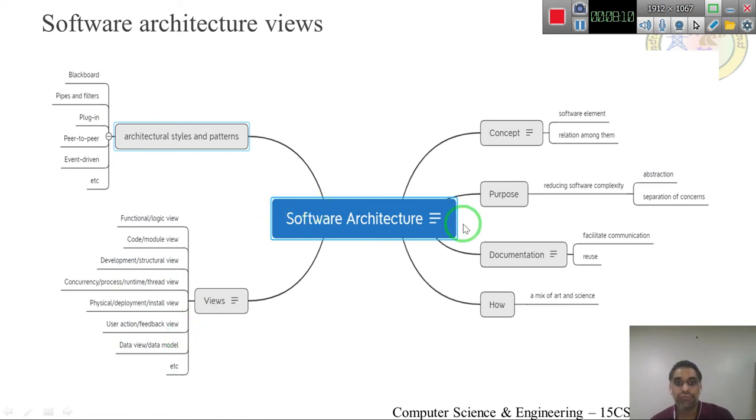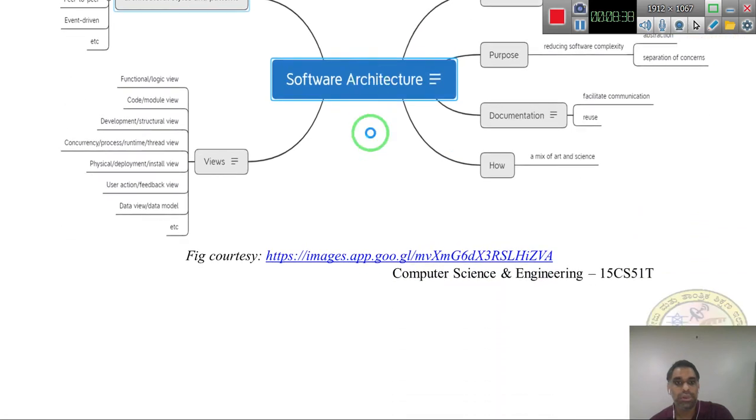Then next, software architecture also deals with the architectural style and pattern, wherein we will see architectural styles like pipes and filter, blackboard style, and shared data style. Fine. So this gives you the overall picture of software architecture, what all it provides to the software developer. Okay. So next we will see